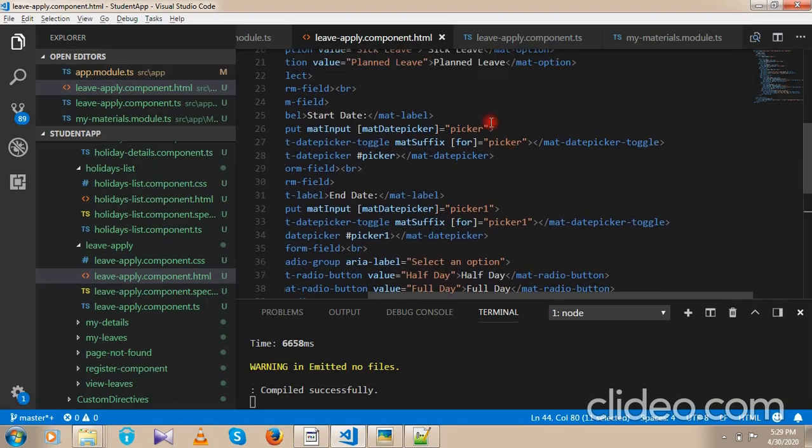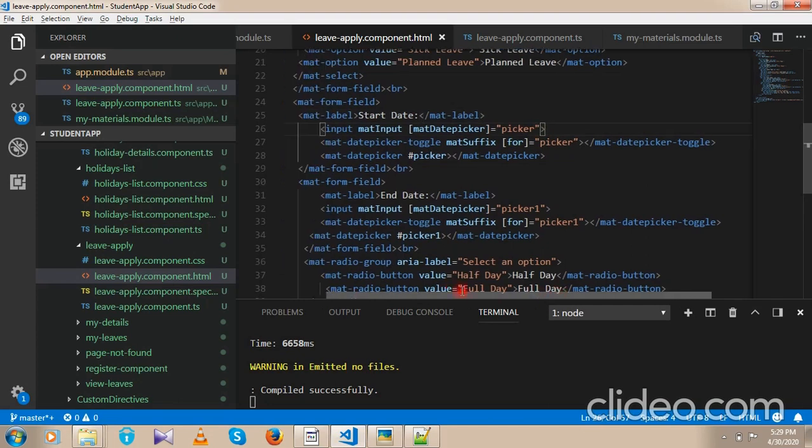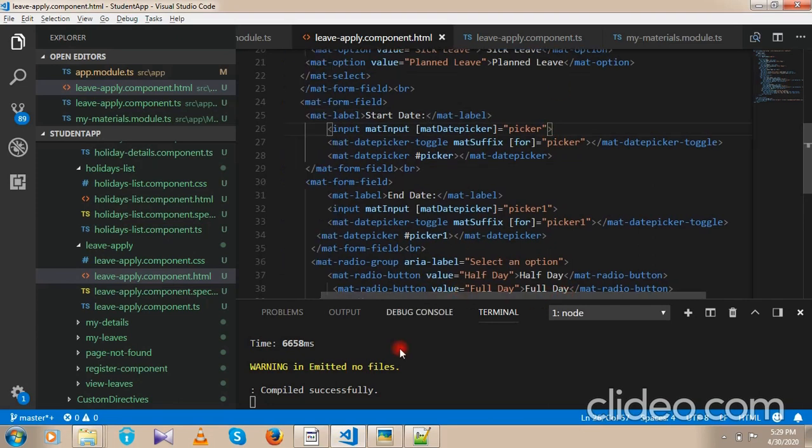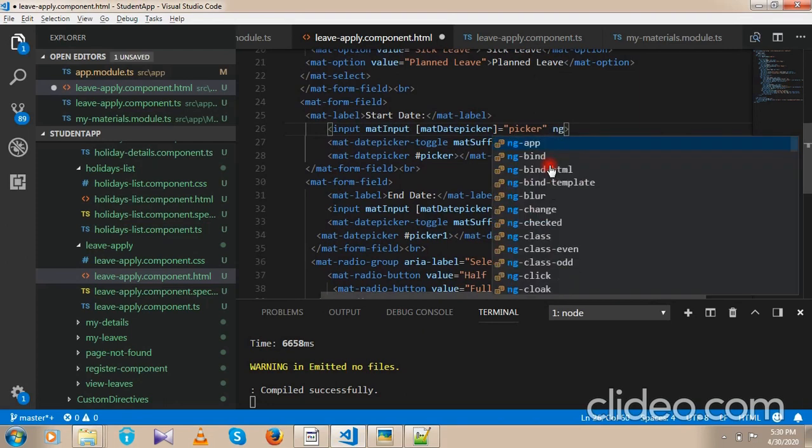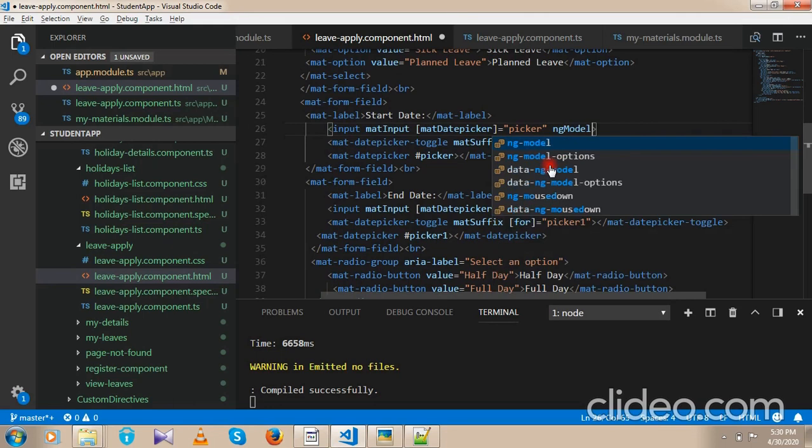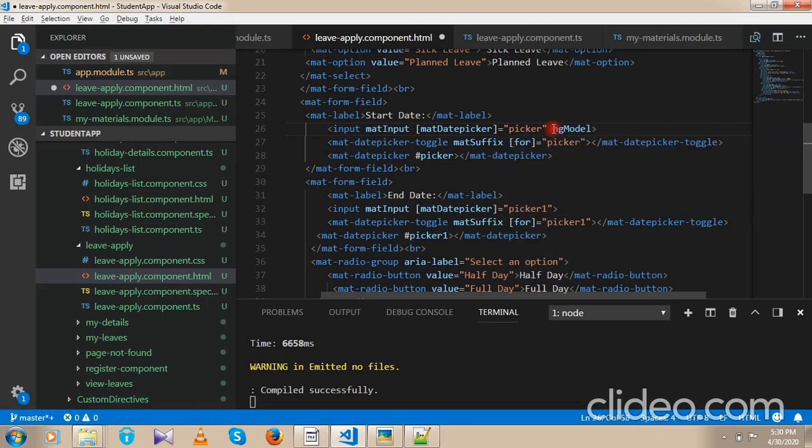In Angular, for data binding, you need to add ng model for all the input fields. So let me add ng model and the name attribute also. I am giving an attribute name per field.